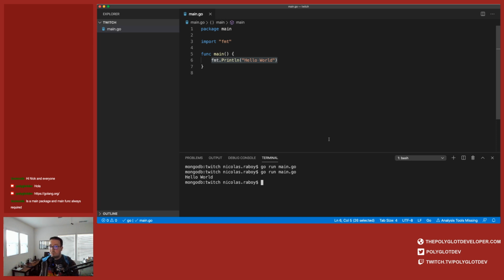There's plenty of people who are developing plugins and extensions and things like that, and then you would just import them like you would in any other language. So they're meant to be helpers. As far as a main package, I do believe that you need a main, I think they come hand in hand. I could be wrong. If anyone is doing Go development and watching in this chat and you know a definitive answer, please let me know.